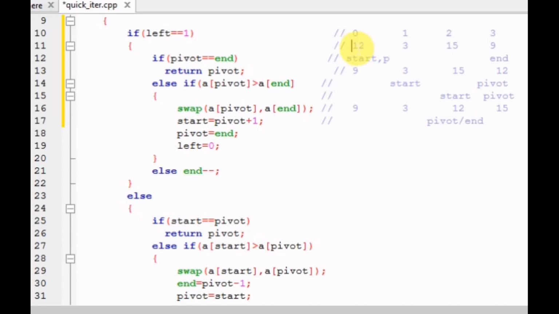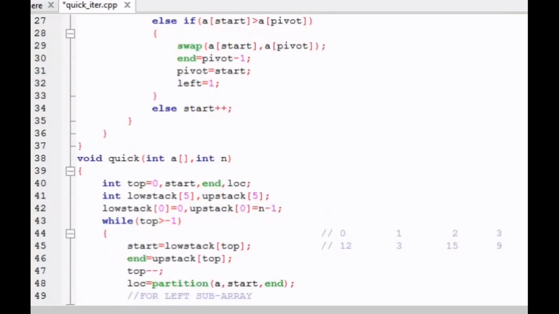It means that the element 12 is now stored at its sorted position. See, among all these 4 elements, the sorted position of 12 is index 2 and it is stored in its sorted index. That's why we are returning the value of pivot from this function